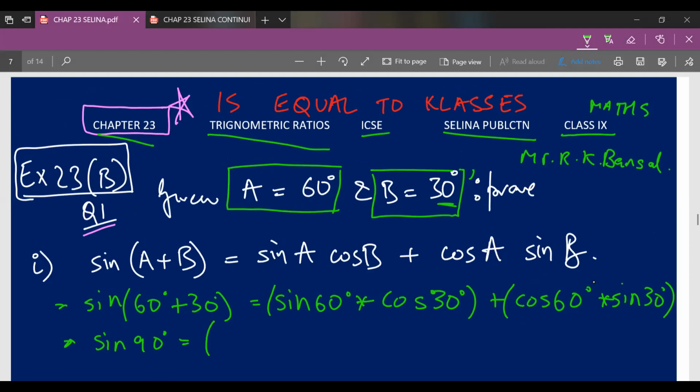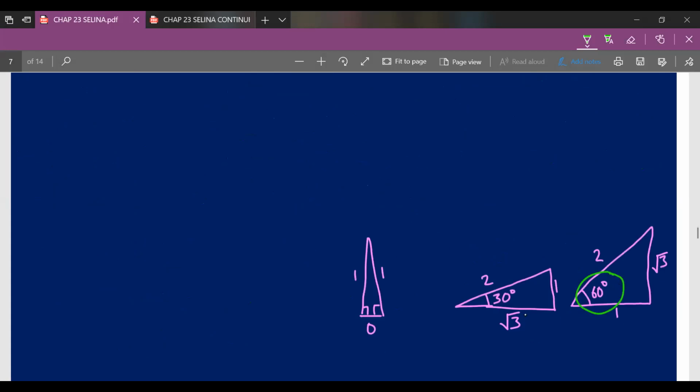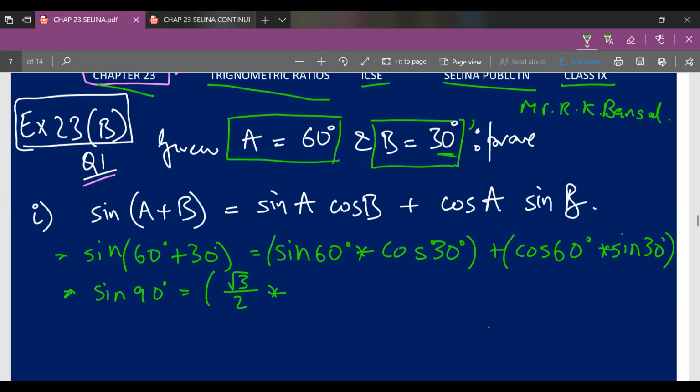is equal to (sin 60 degree, that is root 3 upon 2) into cos 30 degree. Now there's one more magic triangle for 30 degree specifically, so we'll scroll down a bit and here is a magic triangle for 30 degree. So cos 30 degree means that first, in cos 30 degree the 30 degree should be towards the ground. Secondly, with respect to angle 30 degree, tell us base upon hypotenuse, that will be root 3 upon 2 also.